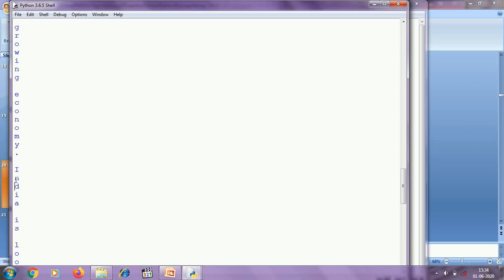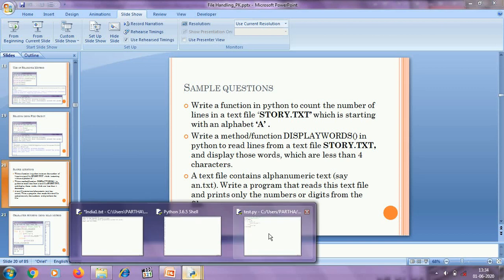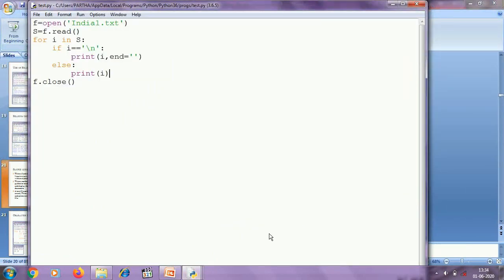Again d is fetched as it is not a new line character or \n, so after displaying this character, the print function is adding a new line, so the next character is printed in the next line. So using a read method you can fetch the entire string from the text file, and after that using a for loop you can fetch the characters one by one from the text file. You can do this using the file object also. In this case you need not use the read method.